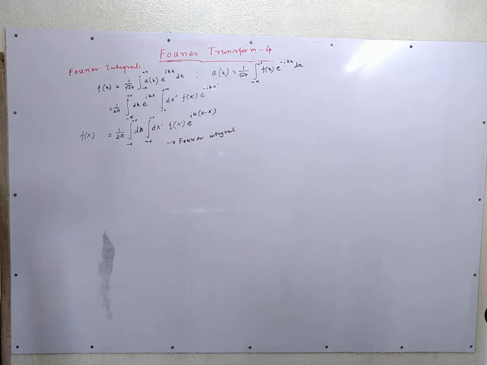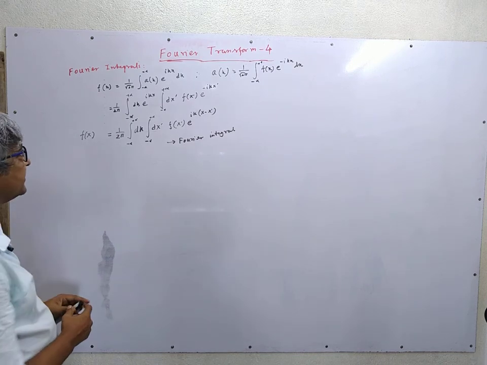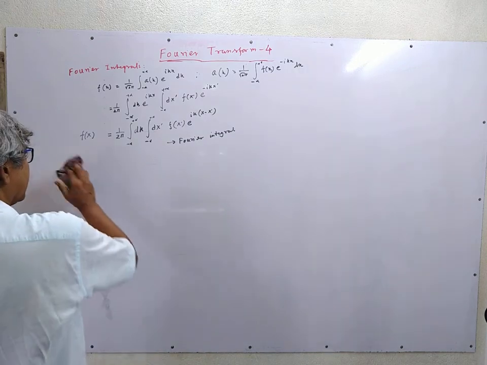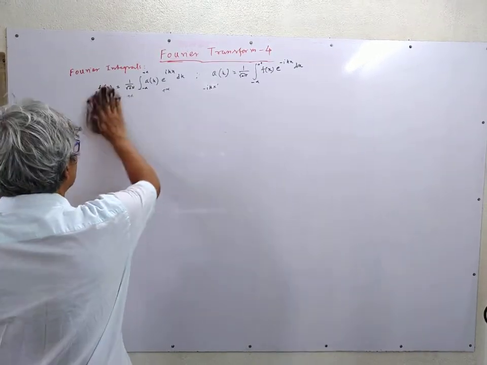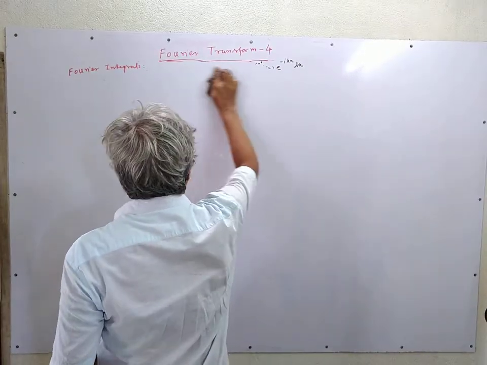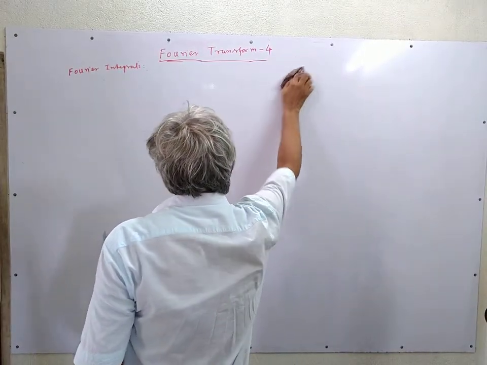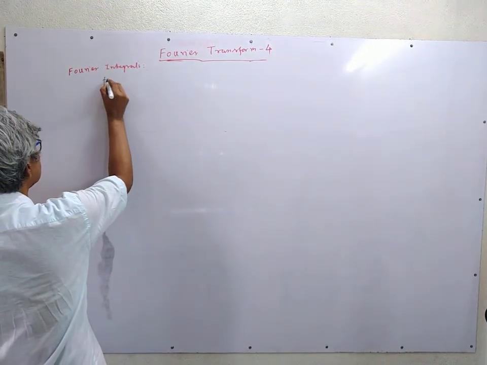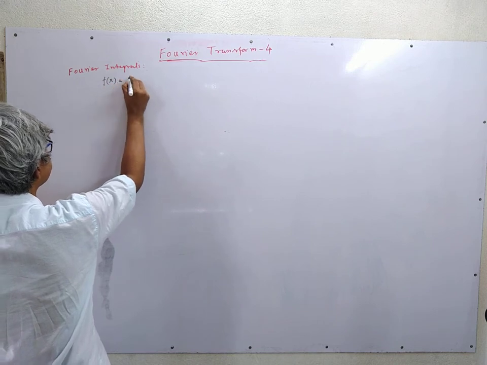There are other forms of Fourier integrals which are found in literature, which split the function into sine and cosine terms. So this is one important form of Fourier integral. There are other integrals which we shall discuss now. The latter definition starts from the trigonometric Fourier series. So this is f of x